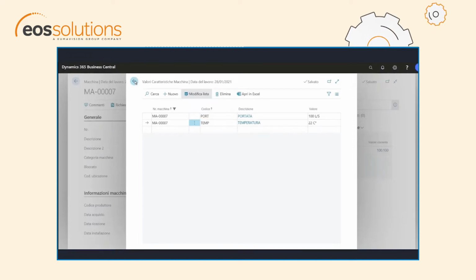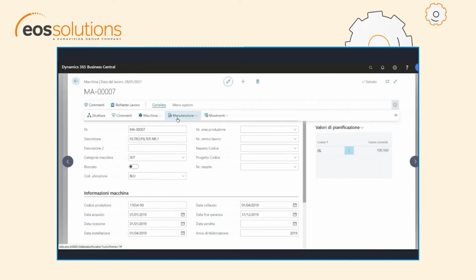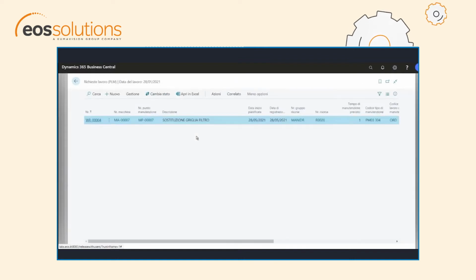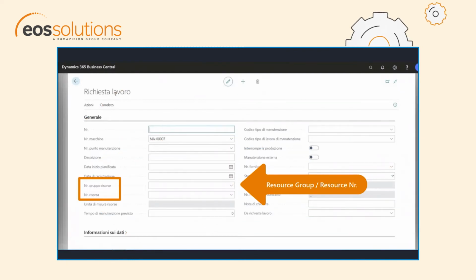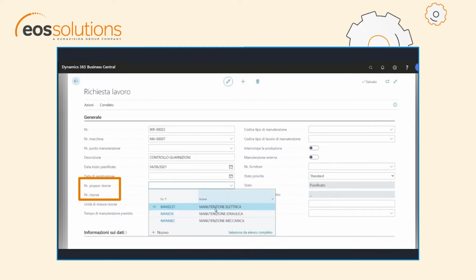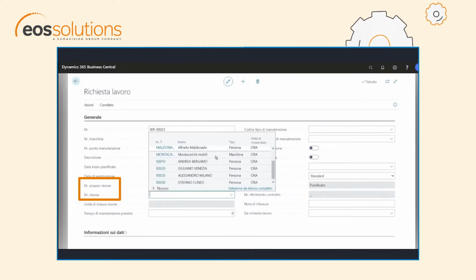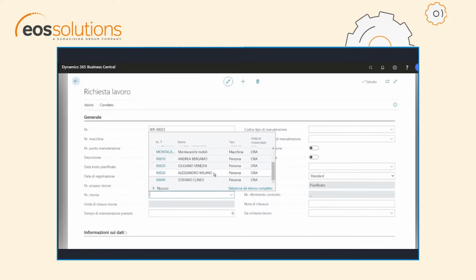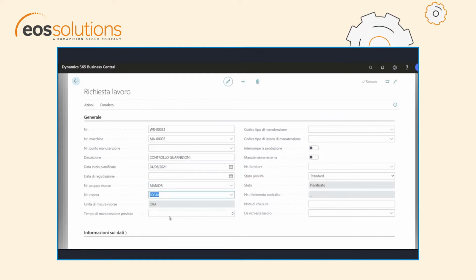For example, I do not define the maintenance point. I say I have to do an activity, for example. Plan start date, let's say today, we mark it on a certain resource group. We can assign it to a user. Can I define the expected maintenance time? These are standard, and the resource group is the number of resources. They are Business Central standard as tables and in this, at least at this moment, they are not related to